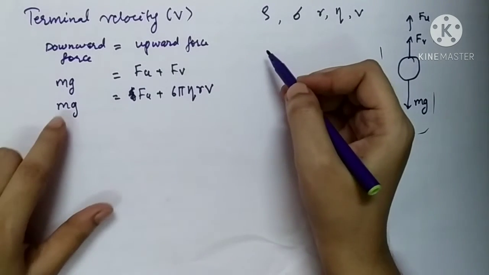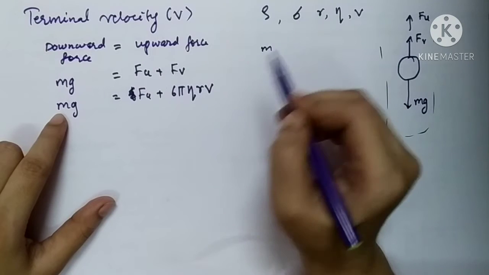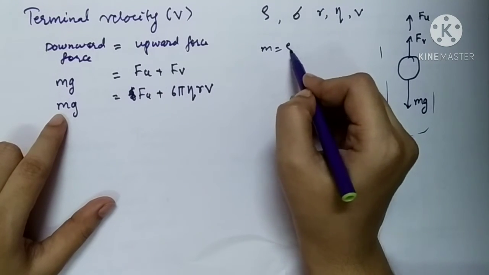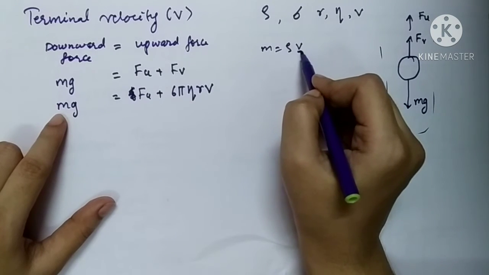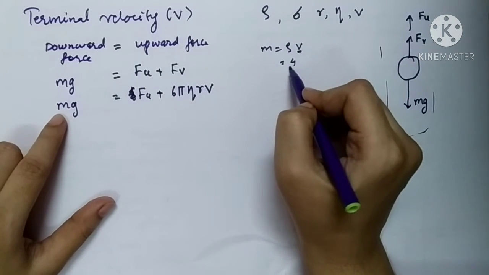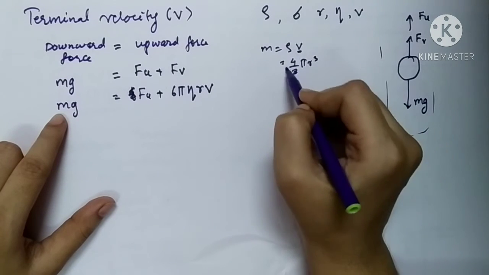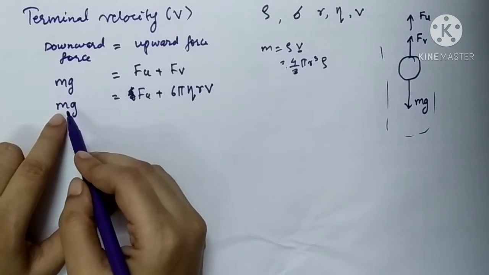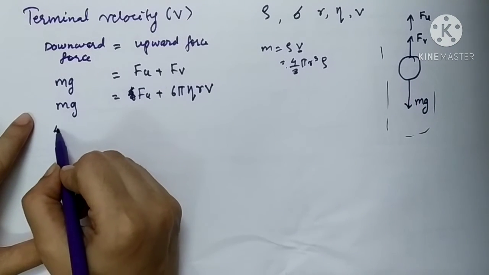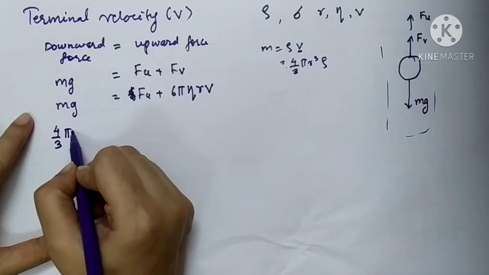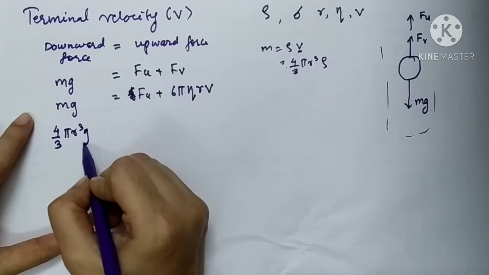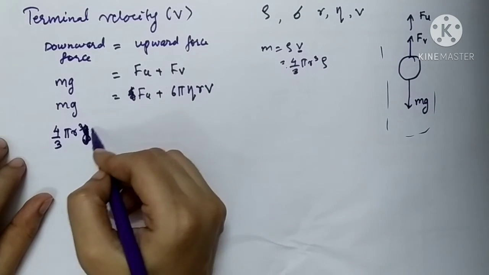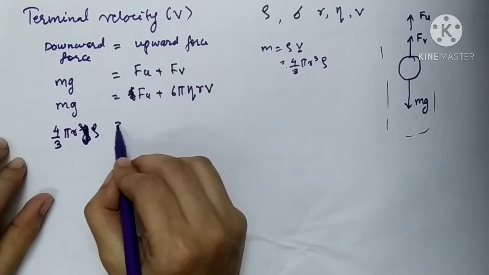We can write this mass in terms of density, as we all know that mass is nothing but density into volume. And what is the volume of the sphere? It is 4 by 3 pi r cube. So mass can be written as volume into density. So at the place of small m, we can write it as 4 by 3 pi r cube into rho